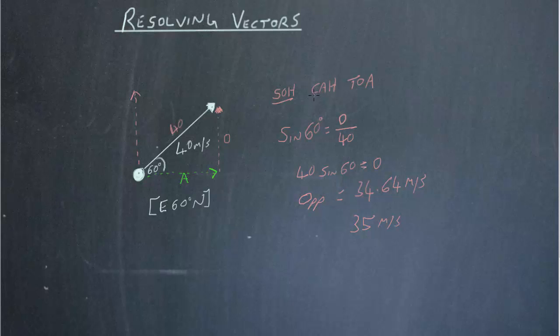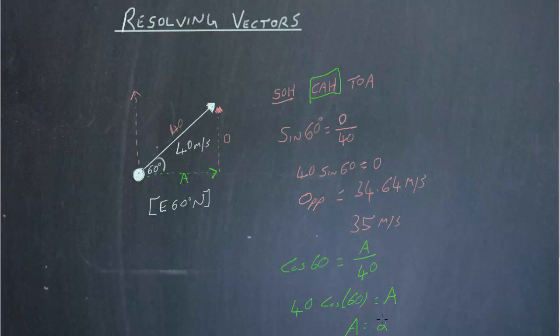This time we have the adjacent and the hypotenuse, so it's CAH, which tells us that cos 60 is equal to the adjacent, which we need, over 40, which we can rearrange to 40 cos 60 is equal to A, and if we put that into our calculator, that gives us a nice round